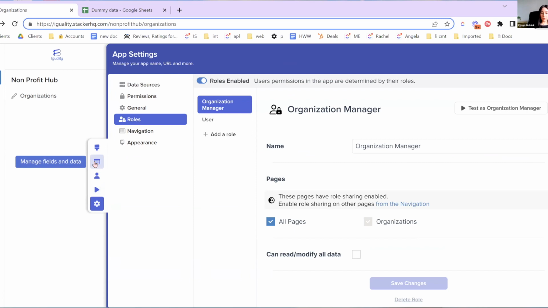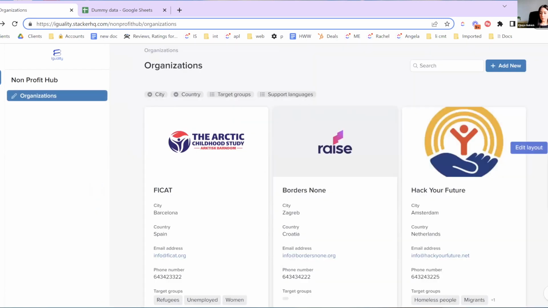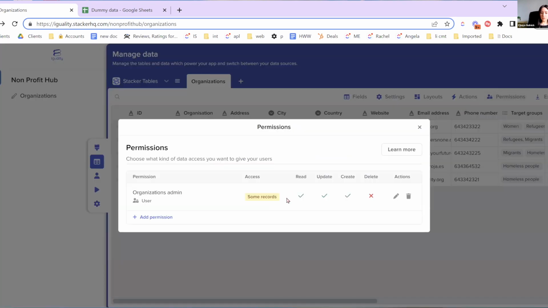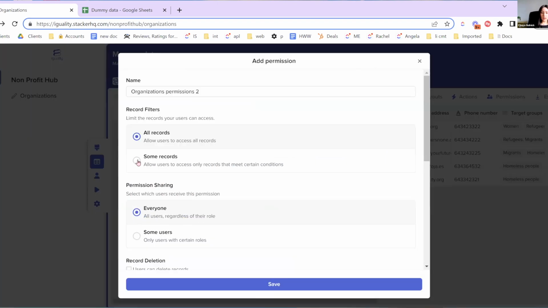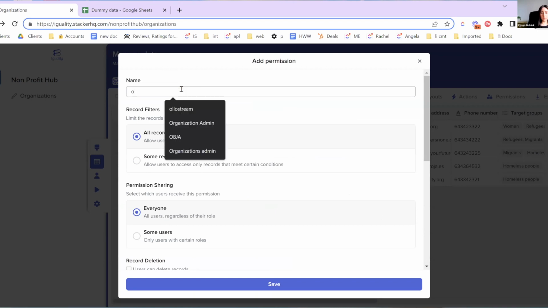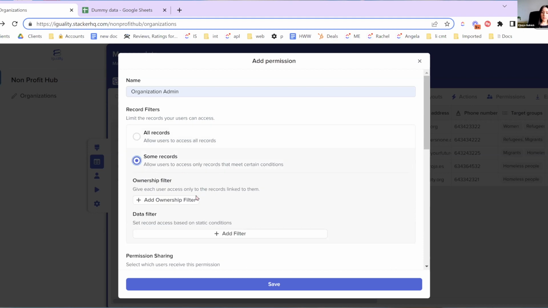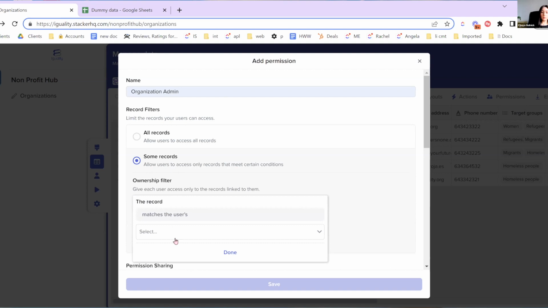On the table view, here I'm on the table view, I need to add a permission level. And so right now I'm trying to only give the organization manager or admin access. So we're only giving them access to some records. We're choosing that we need their record to match the organization profile, which means if,